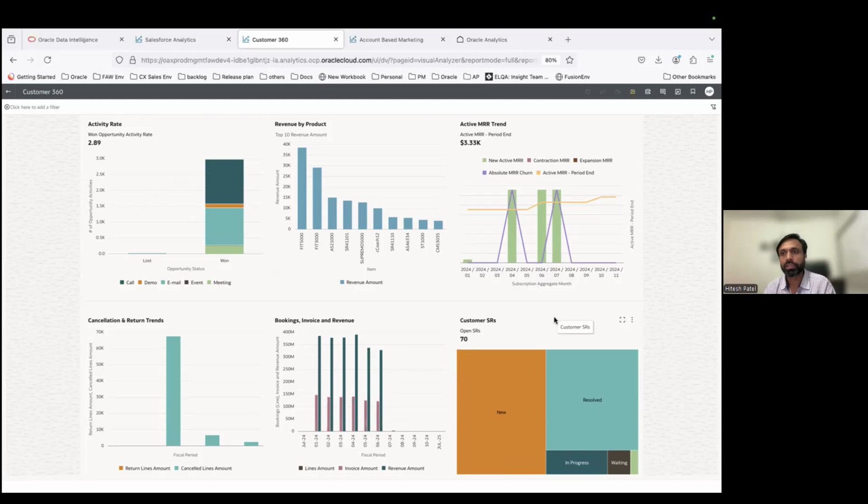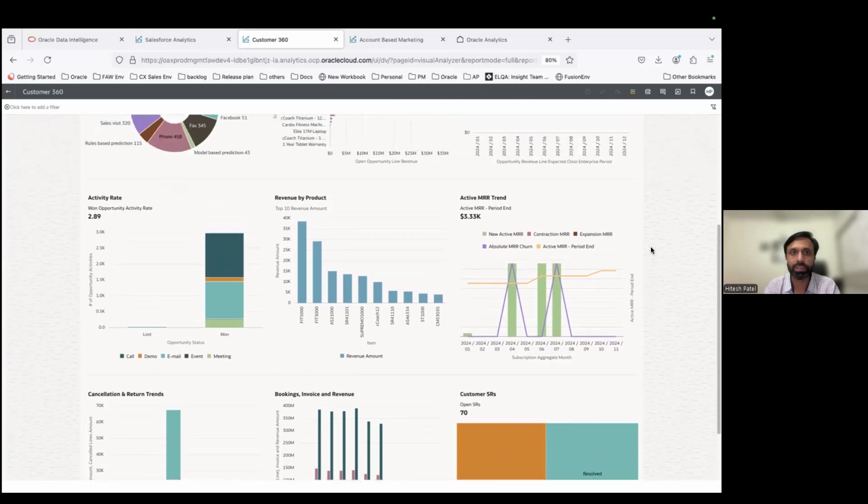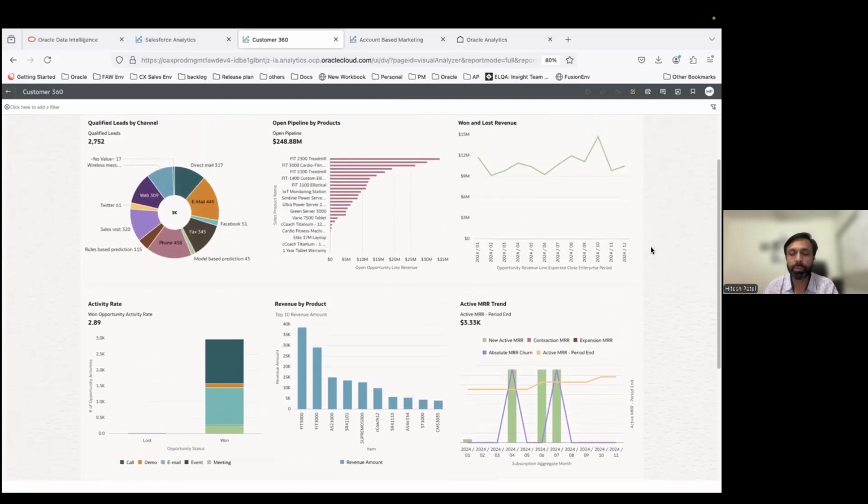And for the same customer, if I am planning to visit, I need to know at any point in time how many SRs were raised or open. So it seems that they have around 70 SRs open coming from Salesforce service, or it can also come from Fusion service based on whatever I'm using. So as long as I have an entity that ties up all of this information together, I can very well get a customer 360-degree view, which helps me understand the entire scenario, whatever is happening for a chosen customer, no matter what system they are using.